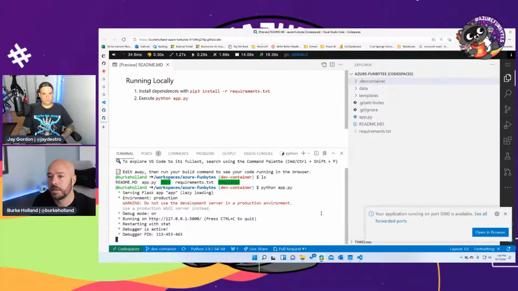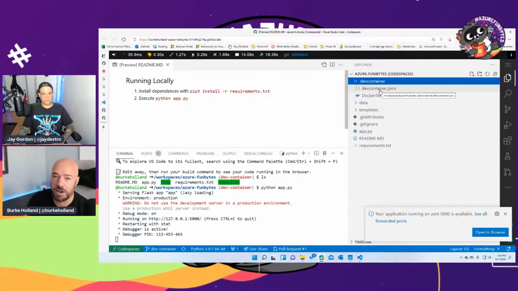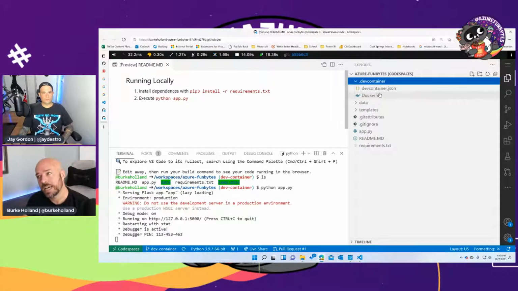Right, so notice we didn't have to install any dependencies. We didn't have to specify Python. How does it know? It knows because it uses the same configuration that remote containers does. So when you check that configuration in, not only does it work for anybody who has remote containers, it also